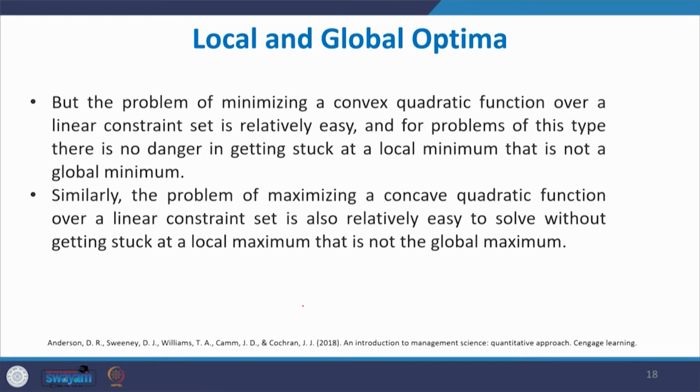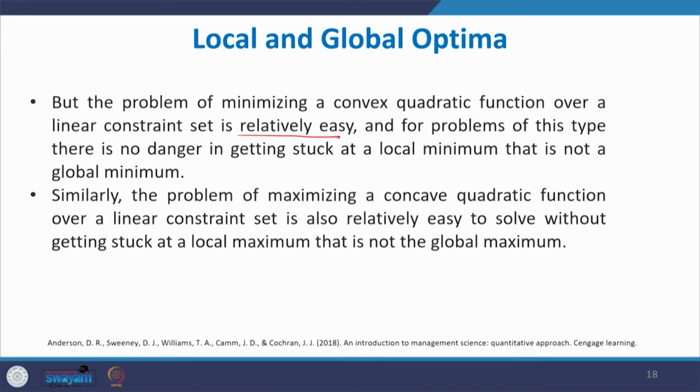But the problem of minimizing a convex quadratic function over a linear constraint set is relatively easy. Why is it easy? Because the local minimum is equal to the global minimum, and for a problem of this type there is no danger of getting stuck at a local minimum that is not a global minimum. Similarly, the problem of maximizing a concave quadratic function over a linear constraint set is also relatively easy to solve without getting stuck at a local maximum that is not the global maximum,